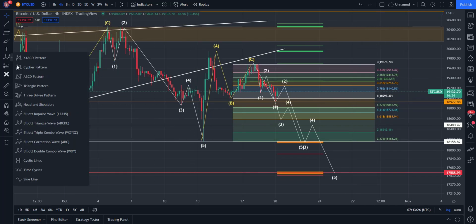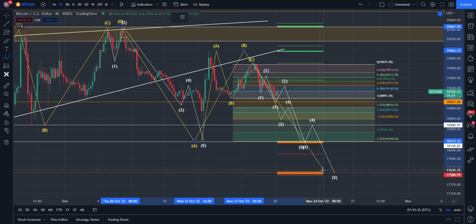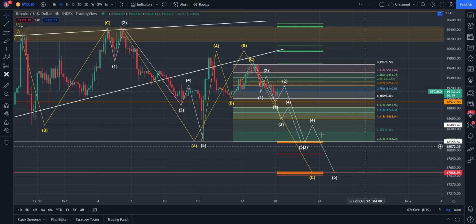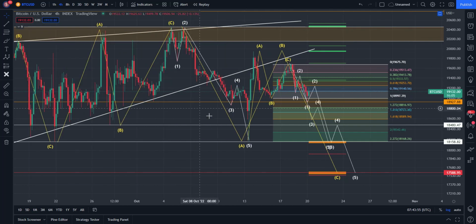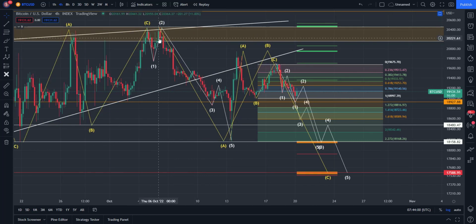But at the end of the day, if we zoom out a little bit, it's looking like from this high in here, we are going through A, B, and possibly C, right? C in here or C down there. I was mentioning it to you in the previous video. So just pay attention to this structure, because at the end of the day, with the current situation, it's looking like we still put in a bigger correction from the 4-hourly perspective from those highs in here at